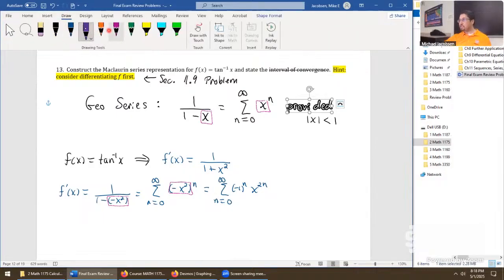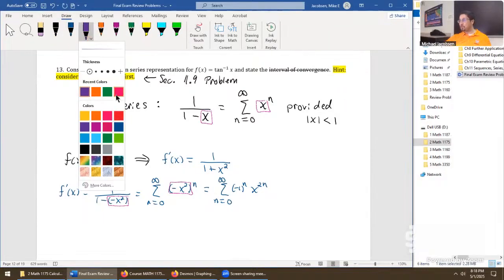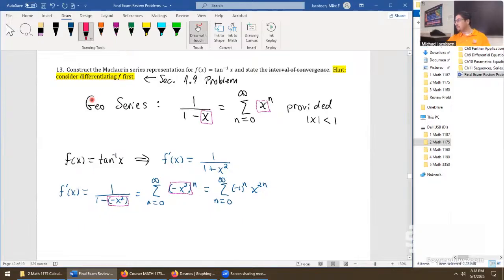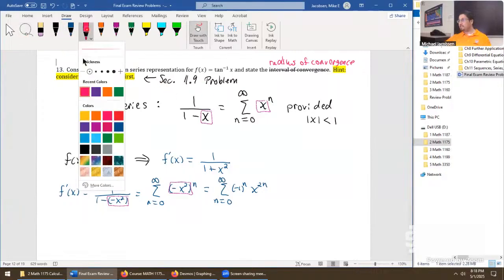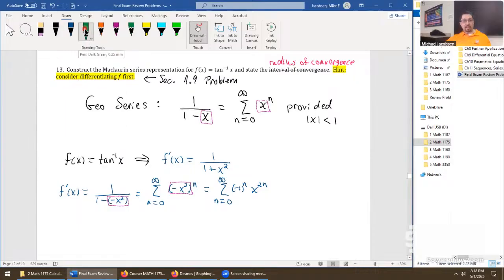The way we actually did this problem in section 11.9, let's make it more familiar so we're not taking loads of extra steps, is state the radius of convergence. The radius of convergence won't change if we differentiate and integrate. So if you find the radius of convergence through here, we'll have it when we wind back f prime of x to ordinary f of x. So sorry for that quick edit on that one, but this is the way we actually did the problem in that section. So we're matching up our methods at least, and also not taking a whole lot of extra time on this one problem.